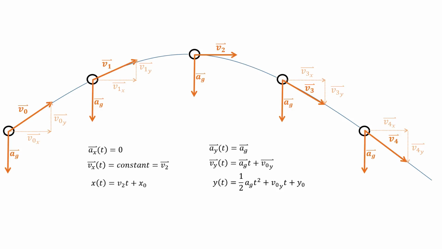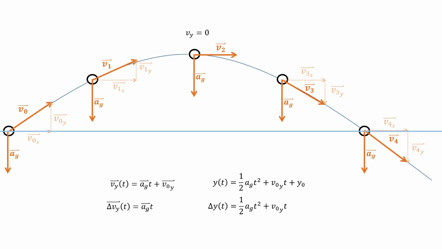Notice also the symmetry of the problem at hand. Our initial position and the fifth position are at the same height from the top of the curve, where the vertical velocity is equal to 0. On the left side of the screen, the ball has started with some velocity v0y, which decreased to 0. Then, on the right side, the speed in the vertical direction started from 0 and increased over the same distance. As a result, the vertical velocity at this fifth position must be equal in magnitude to the initial velocity, although opposite in direction. The same argument can be made for any 2 points on the curve that have the same